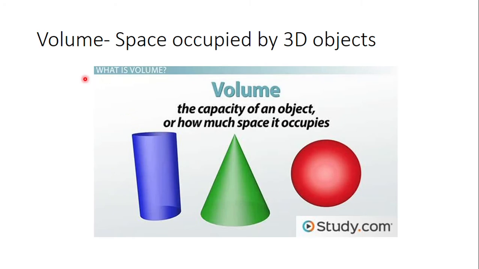So how do we define it properly? Volume is the space occupied by a 3D object, or the capacity that a three-dimensional object can hold. Suppose it is a hollow cylinder, the volume of it is the capacity that it can hold. Suppose it is a solid one, the space that it can occupy is given by the term volume.